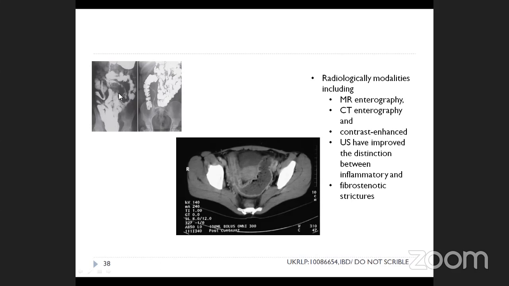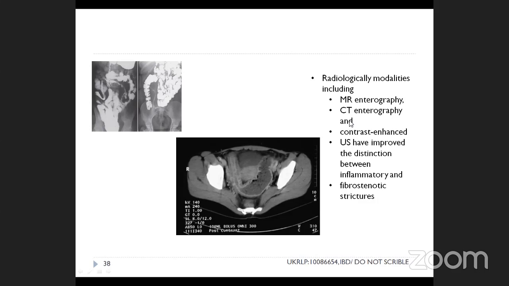This is the terminal ileum with a lengthy stricture of Crohn's disease. In this CT picture, we can see a thickened intestinal wall of the distal ileum, which can be a classical feature of Crohn's disease. Other radiological investigations are MR enterography and